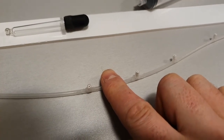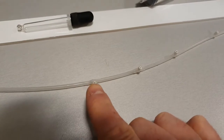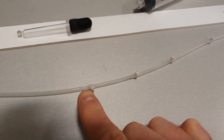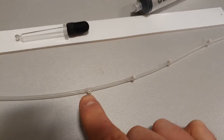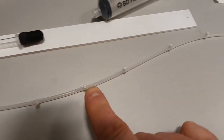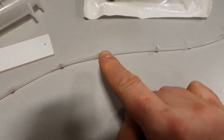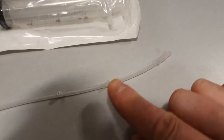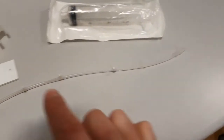What that does is allows me to add pressure. So by adding more pressure here, it starts dripping, like the blood will start dripping out of this tube, but then because there's constant pressure coming in from the syringe, it works its way up here. Now I can't put these little white things in each thing, because if I put them in these last two, for example, the pressure is too much and it will just pop the